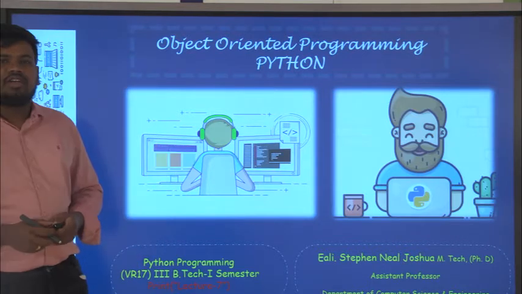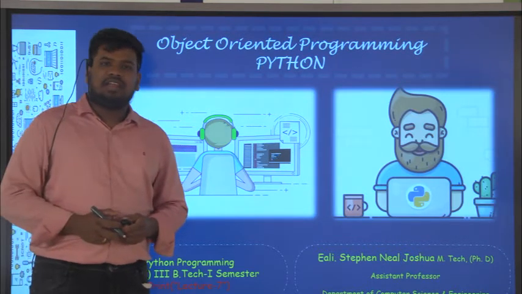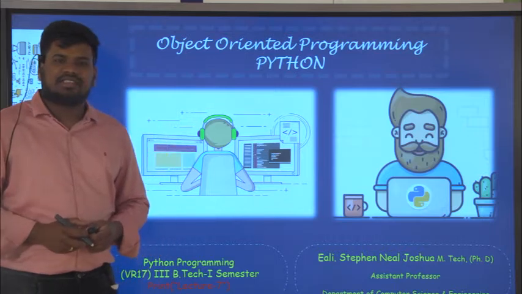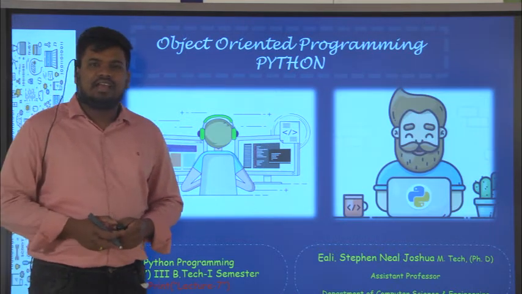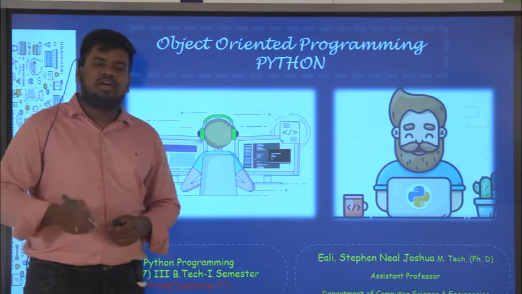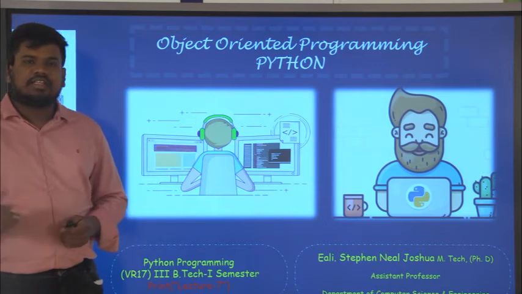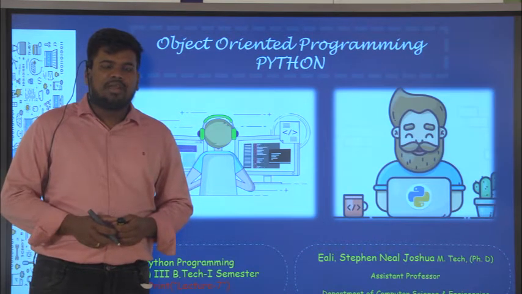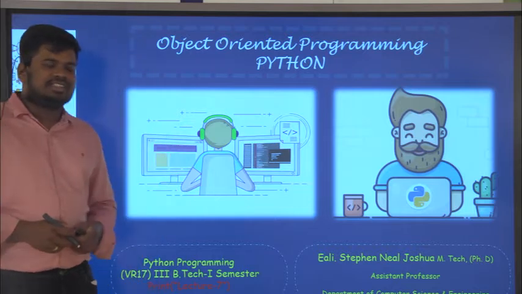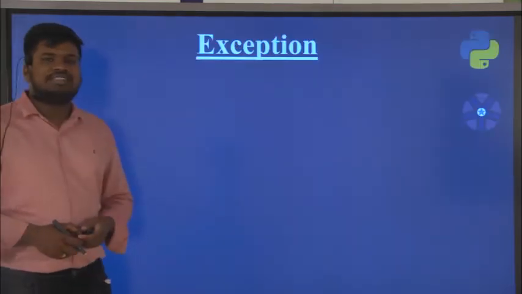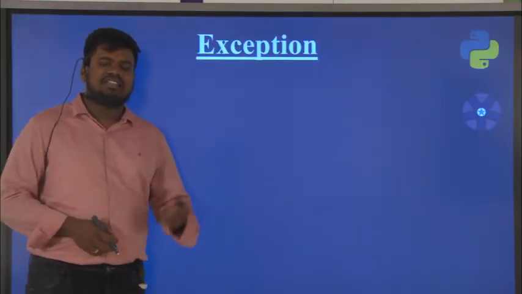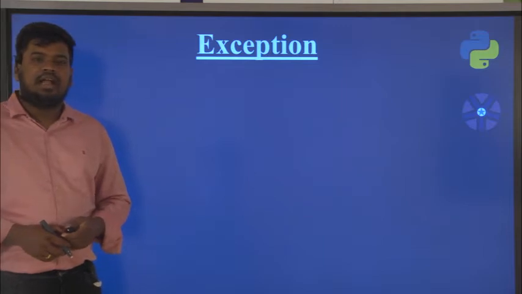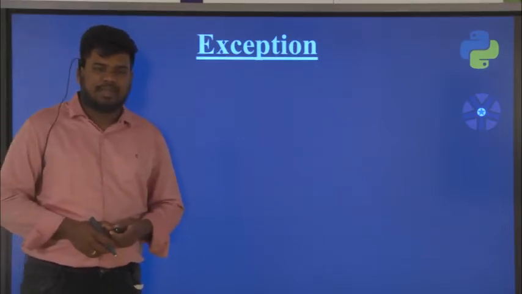So in the last class we talked about method overriding in Python, and next we discussed the importance of inheritance and how to do method overriding in inheritance. These are the topics which we discussed in our last class. Coming to today's session, in today's class we will talk about what an exception is, what the various types of exceptions in Python are, and how to handle all the exceptions in Python.